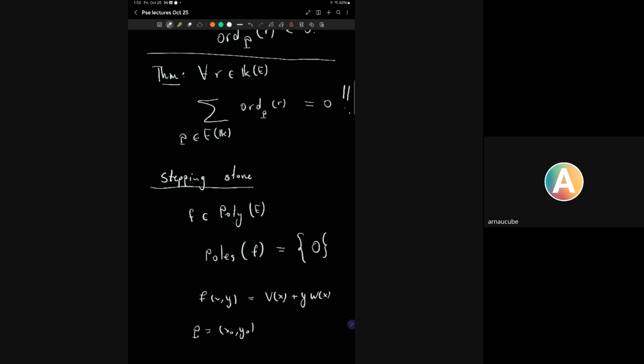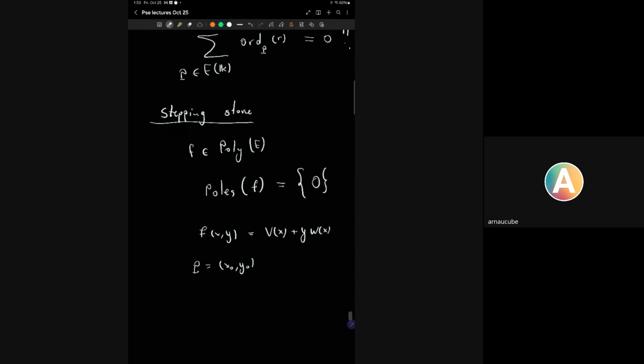Well, if P is a finite point, then x0 and y0 are elements in the field, and I substitute them into a polynomial, I always get just another element in the field, not infinity. So the only way I can get infinity is if I substitute into the polynomial